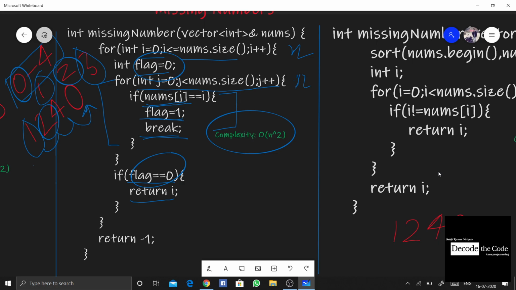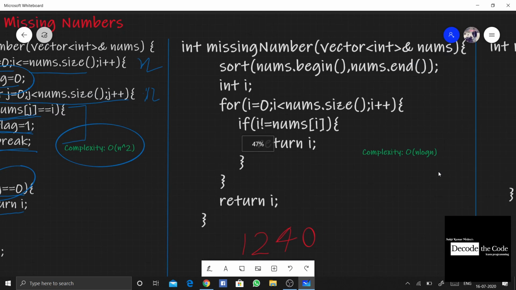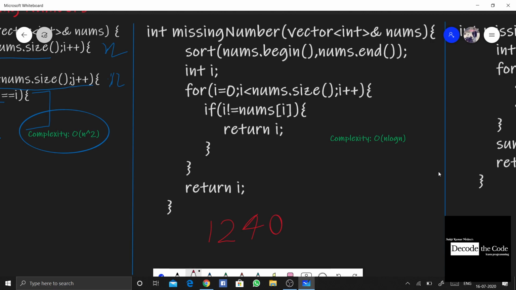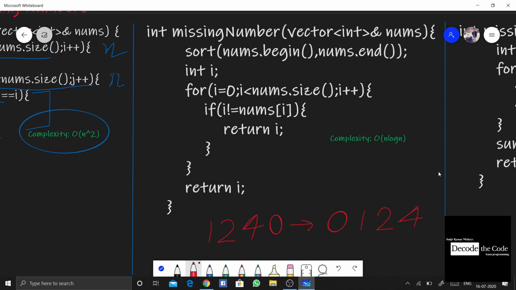Okay, so this is the array that we have been provided with, and what we'll be doing is first we'll be sorting this array. So the sorted array will look something like this. We will have the sorted array refined to 0 1 2 and 4, right? So this will be a sorted array. The first thing that you can see over here is I've used an inbuilt sort function to sort the vector that we got, and this will sort the vector to the one that I've listed. Right, this is a sorted vector that we'll get.